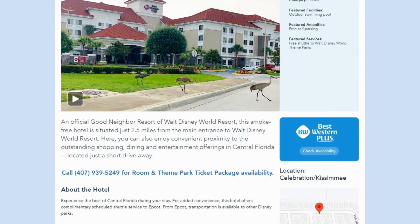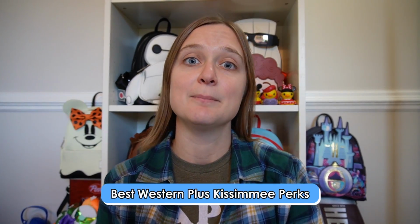During my most recent visit, I decided to go on the Disney World website and check out the list of good neighbor hotels that they offer. That's when I came across this Best Western resort, and honestly, whenever I plugged in my dates and looked at the prices, I was totally shocked by what I found. We'll get to the cost, but let's go ahead and talk about some of the perks that you can find